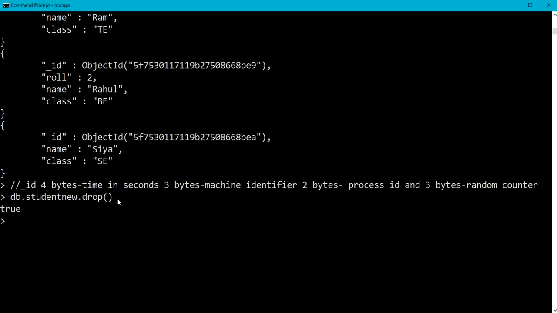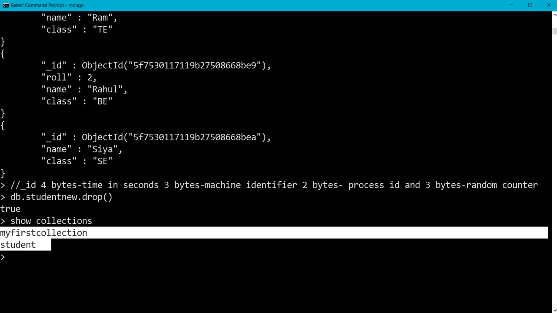It has returned true, meaning the collection is dropped. Now let me list the collections with show collections. Yes, my studentNew collection is dropped and I am now having only my first collection, student.